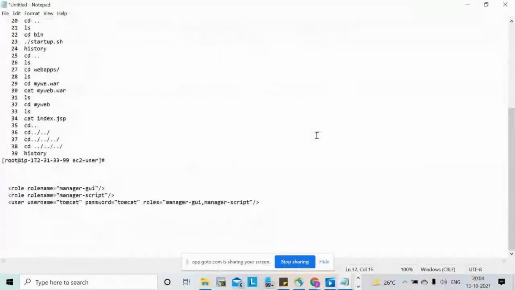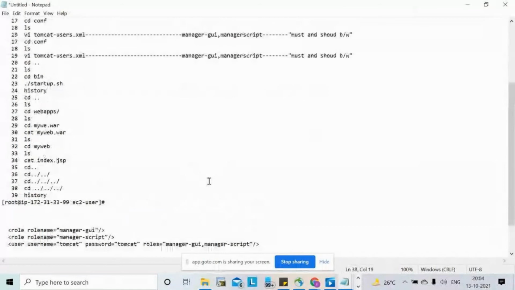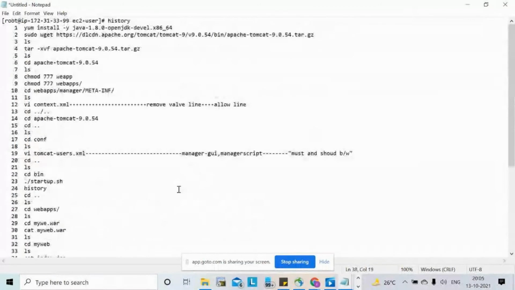So just practice this Tomcat. Like this, a number of Tomcat servers are nodes to the Jenkins master. No, these are all Tomcat.